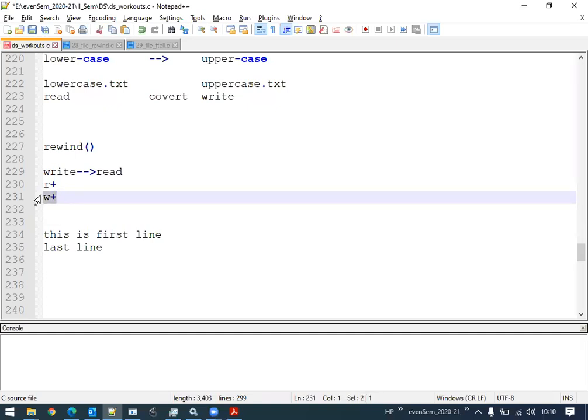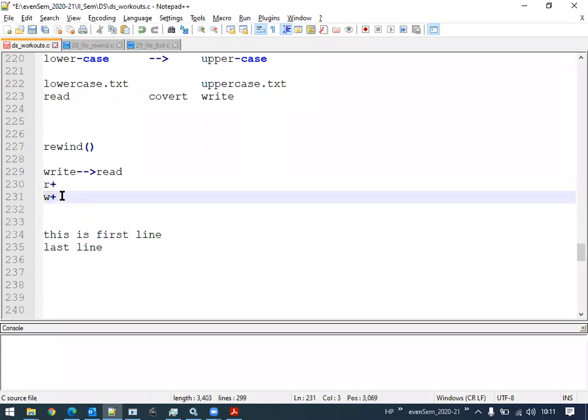The other difference is, if the specified file does not exist, R plus will return null. But if the file does not exist and you open it in W plus, it creates a new file.